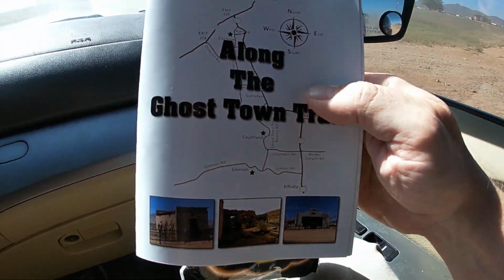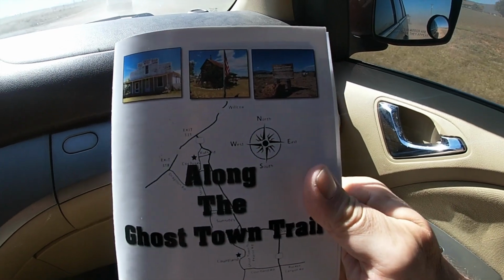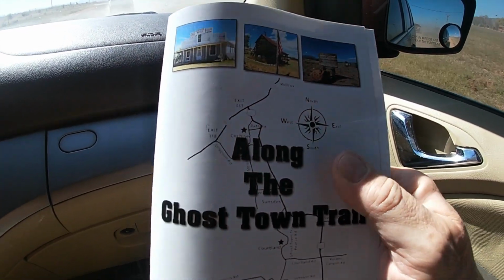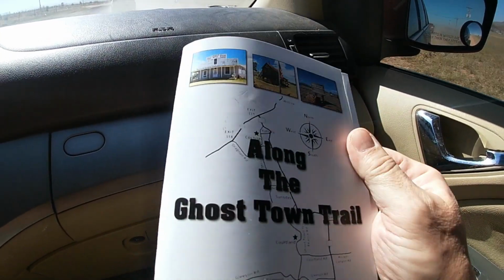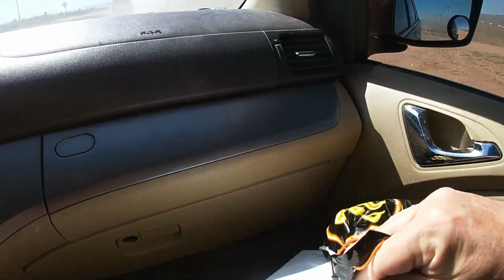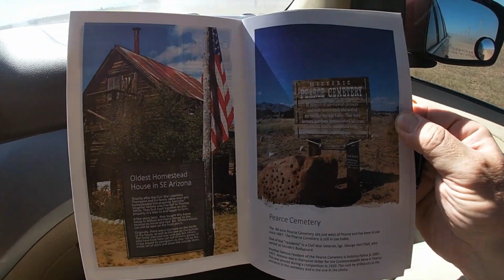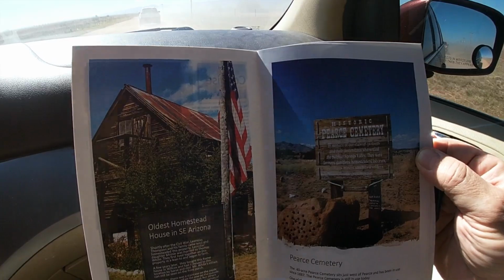So it's a book, and it actually lists each of the stops that we're going to be making, and there's color photos. You think about this, and it's just a private group, and they're doing these color photos in this book. It's pretty good, pretty cool. And also,